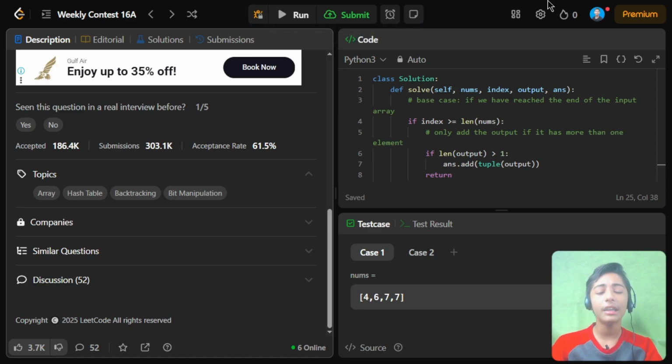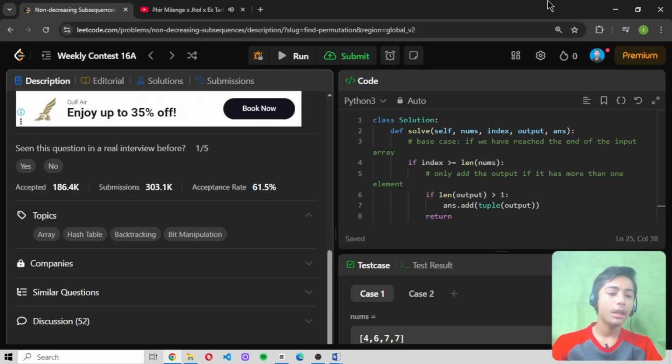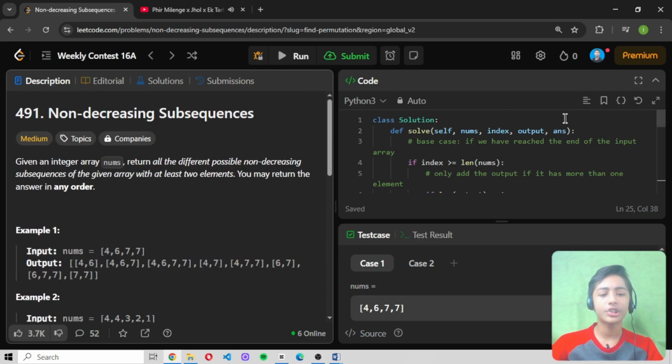First of all, let me tell you one thing. Come to the LeetCode contest problems only if you know DSA. If you know DSA, then you can take on the LeetCode contest problems. Otherwise, please do not come, because it is harder. If you don't know DSA, we cannot solve it easily. Okay.